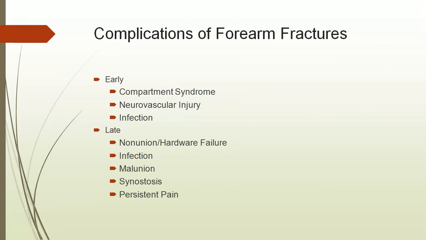Briefly, non-union means if the fracture is not united after 6 to 9 months, radiologically there is non-union. Infection is infection. Malunion is if the fracture is united in a wrong way because of any error. Synostosis, one of the most common complications peculiar to forearm fractures, is one in which the radius will be attached to the ulna. The radius will be healed with the ulna, and the ulna united with the radius, in a crisscross manner.